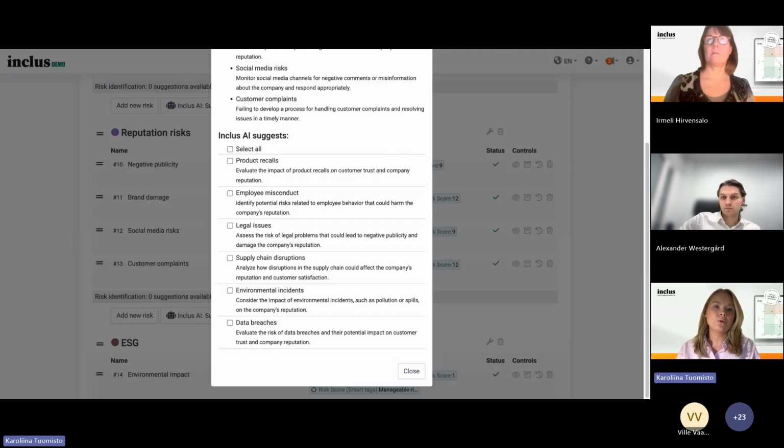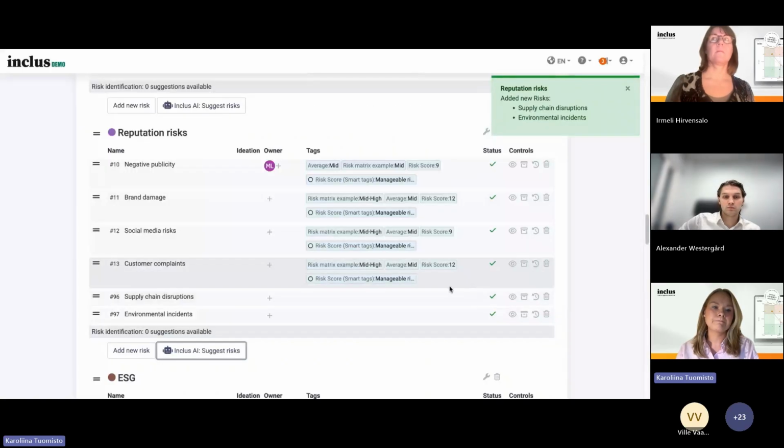So here you can just go through these suggestions, and if there's something you can already see that is very relevant to you, something you want to assess in your project, you can just click here and add these wanted risks to the list. And here just press add.